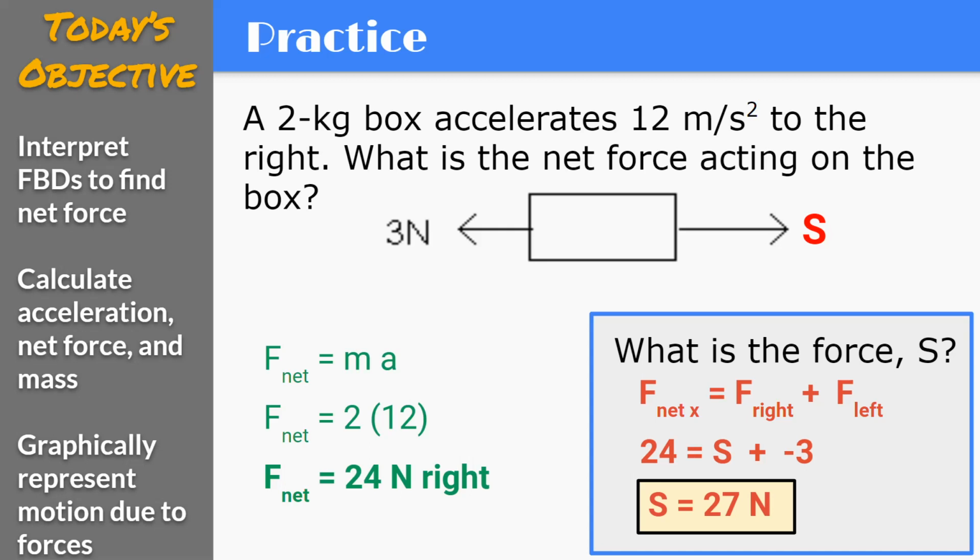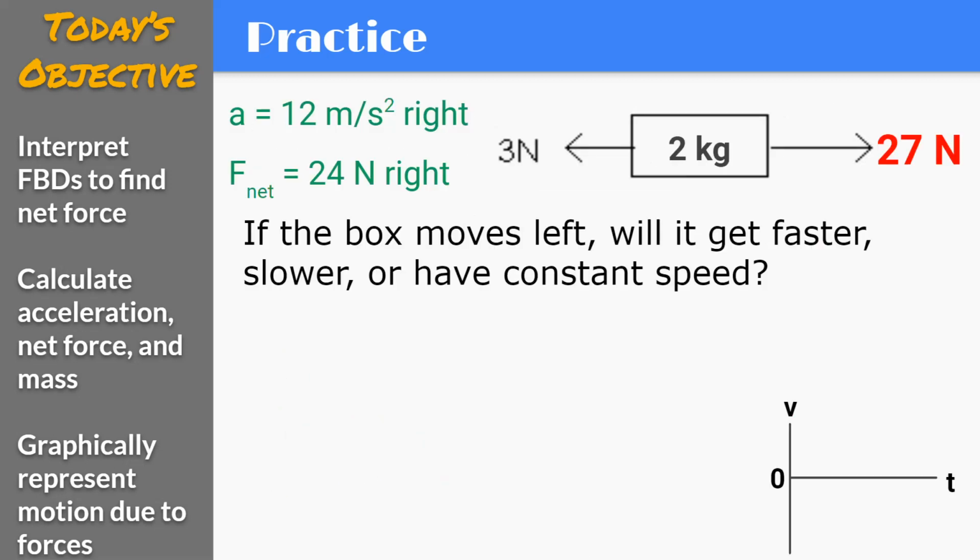Again, this was in the last unit, so this screen should look familiar. So was this, by the way. It says, if the box moves to the left, will it get faster, slower, or have a constant speed? Take a look at my screen. If this box moves to the left, and I have to tell you that because you don't know which way it's going otherwise, what's it doing? It's accelerating, but more specifically, slowing down. Yeah, it's getting slower. If it moves to the left, it is slowing down because the net force is to the right,